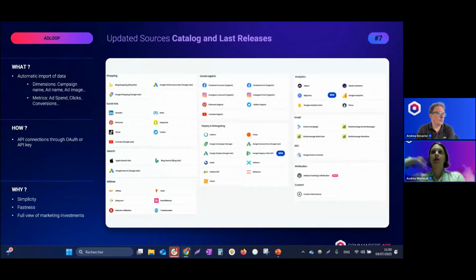We are always trying to meet our clients' demands by regularly expanding our connector library. So in this first half of the year, in addition to the BigQuery connectors I mentioned, we added DV360 from the Google ecosystem to our data source library. So clients running display and video campaigns on that platform can now have data flow automatically into Adloop via API connection. And now we are currently working on Amazon Ads integration, as we know that retail media represents a growing share of clients' investments.